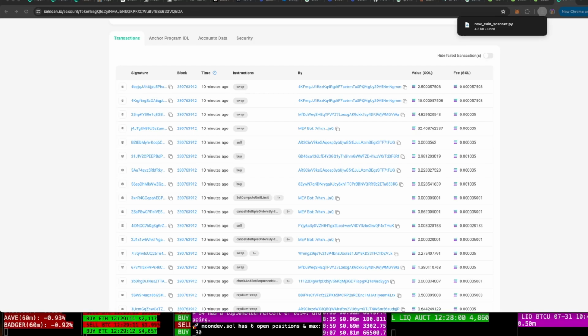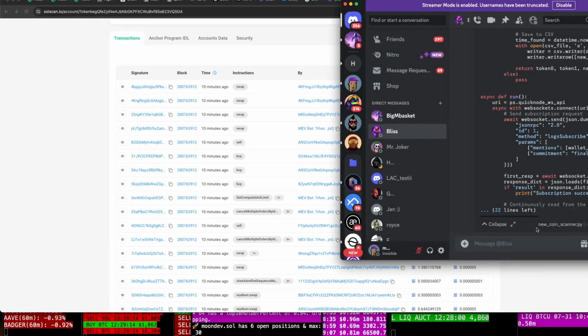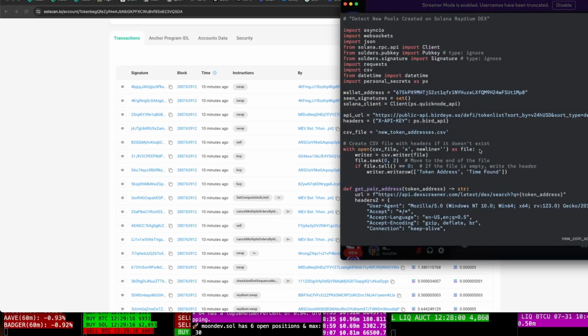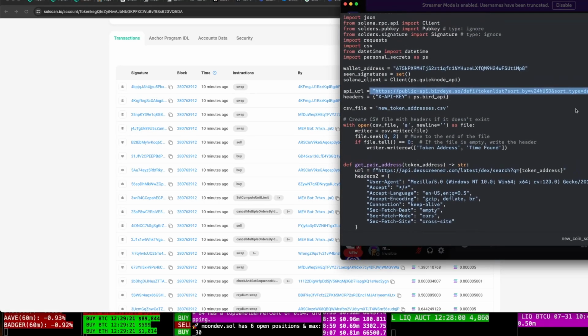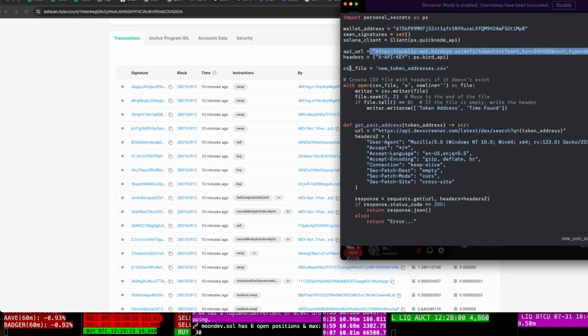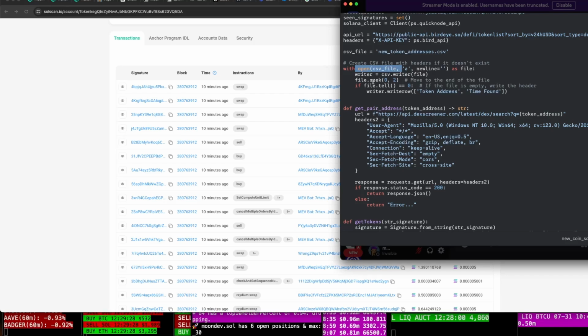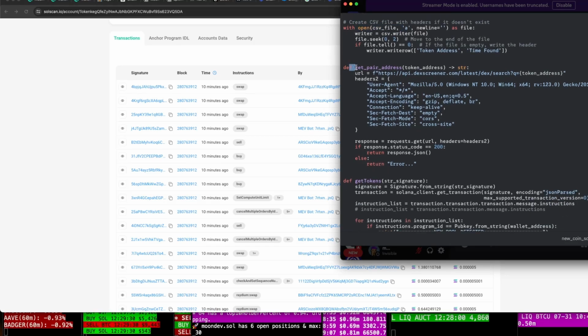Okay, so here you can see API URL, Birdeye. Okay, wallet address, perfect. New token addresses. So with the CSV file, you're opening the new token addresses. You're getting the new token pairs from DexScreener. So this is a different game. This is like me getting it from Birdeye, in my opinion. I don't know yet because I haven't used your code and I didn't write this code. But from a quick glance, this shows that